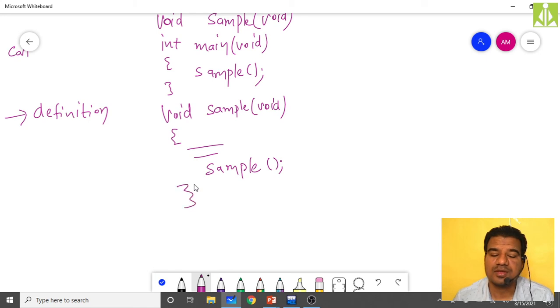So what is recursion? We said it is when a function calls itself. Over here sample is calling itself. I need not write the definition once again, because the definition is already mentioned. So whenever the compiler sees the sample call, it will save its current status and directly go to the function call once again. This phenomenon we call function recursion, where a function is calling itself.